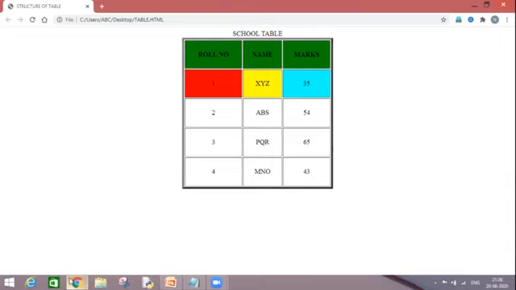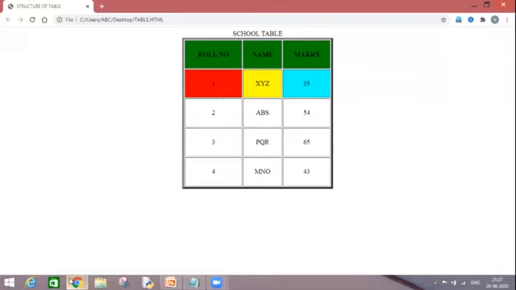Earlier I assigned the BG color attribute to my particular row. And as I told you earlier also, my row is a collection of cells in different columns. So the whole row was assigned the green background color, but in my second row, in each and every cell, I have assigned a different background color.